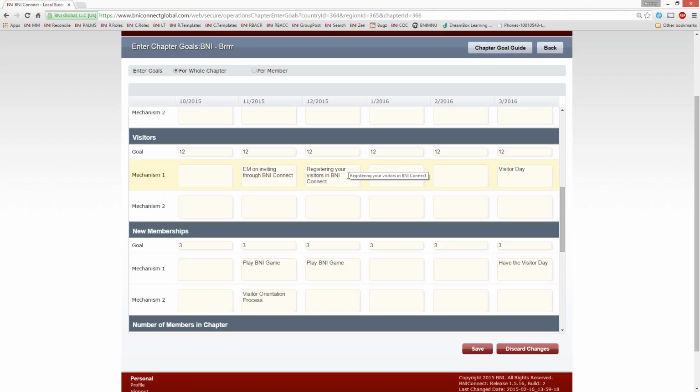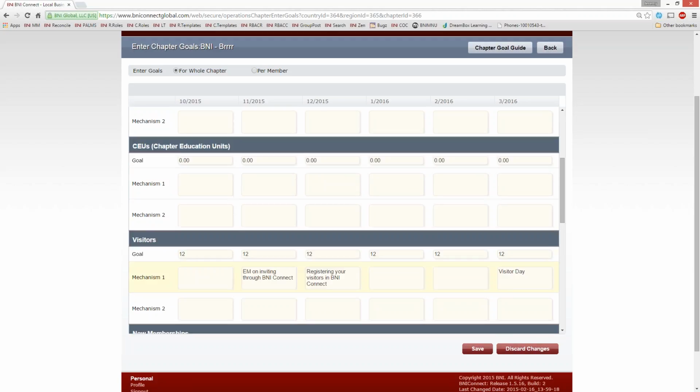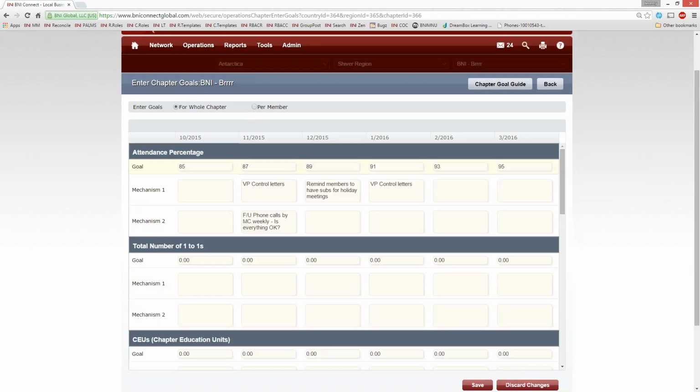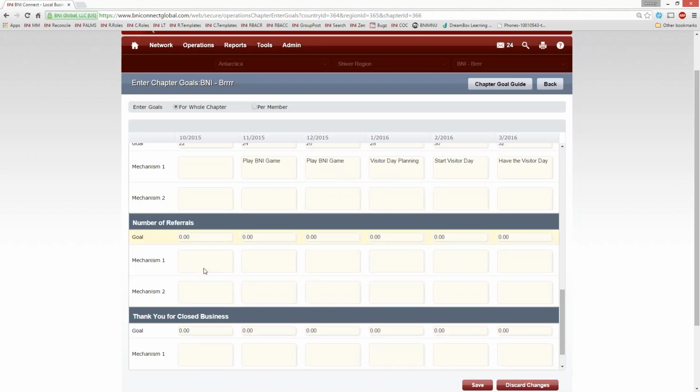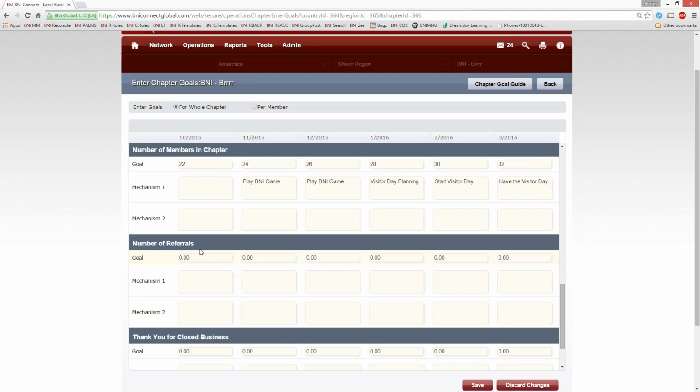So again, all these different mechanisms that you can use for this. Now we can start working on some of the other goals: the number of one-to-ones, the CEUs, and referrals. Now these ones actually become a lot easier as well, and a lot of times they're going to be the same, the referrals, the CEUs, and the